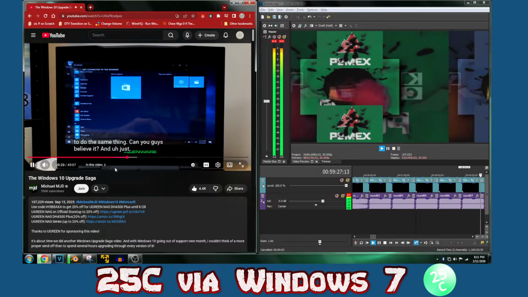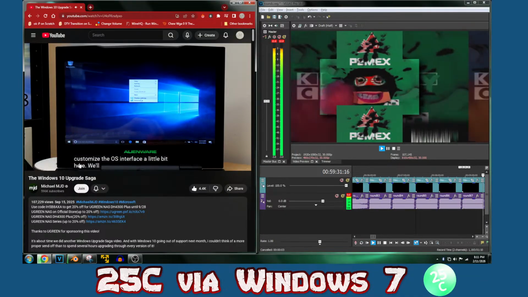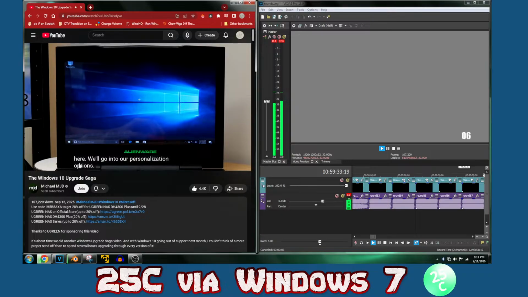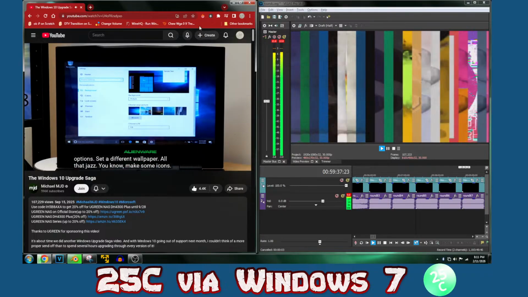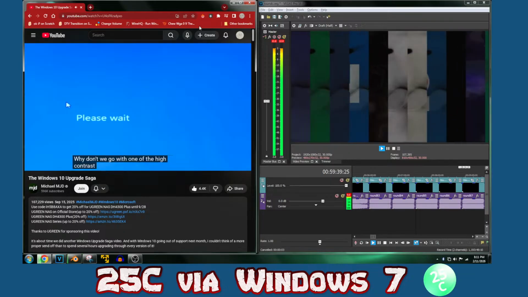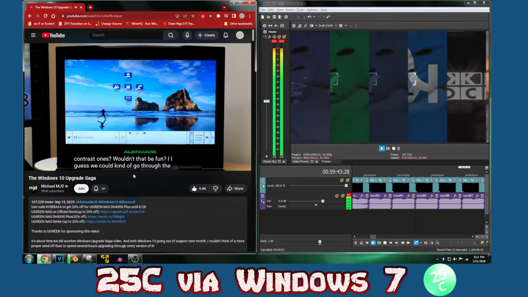And just customize the OS interface a little bit here. We'll go into our personalization options, set a different wallpaper, all that jazz, make some icons. Why don't we go with one of the high contrast ones? Wouldn't that be fun? I guess we could go through the list here of some of the other